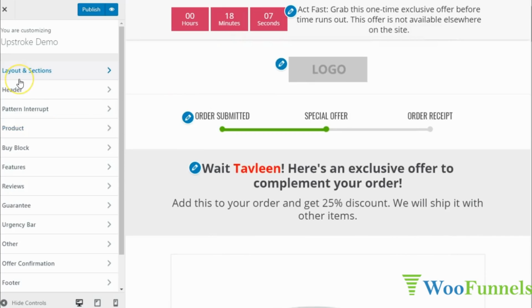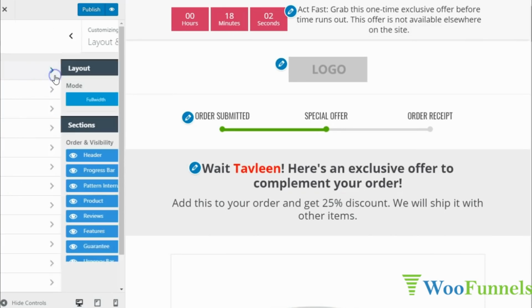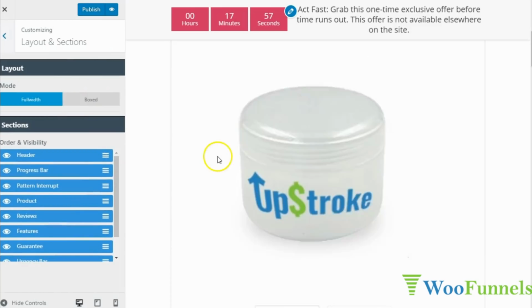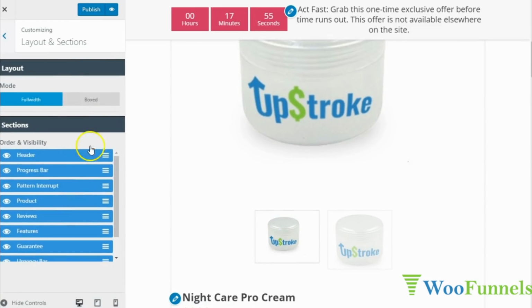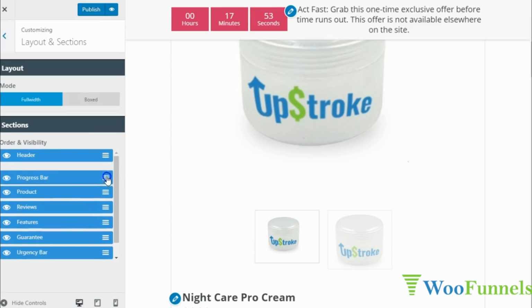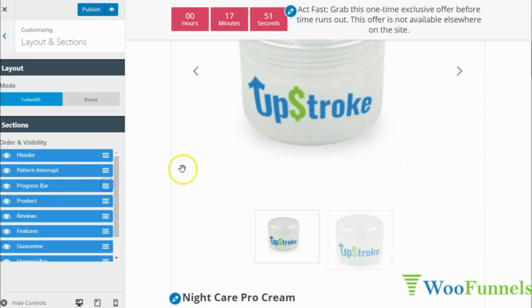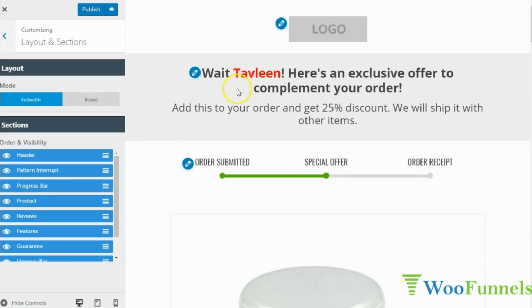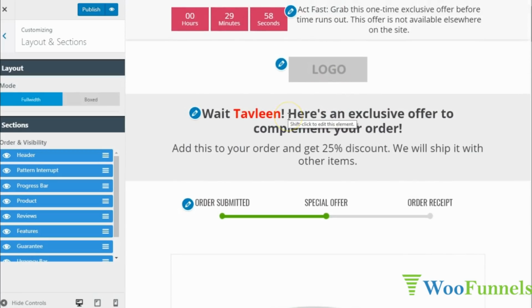What are your options? The first option you've got is layout and sections. These are all the sections that you have here and the layout, right? So you can actually drag and drop. Let's say you want the progress bar to go down below the pattern interrupt section, then that is what will happen. Now the pattern interrupt section is this section here, which actually interrupts their pattern because they are expecting the thank you page to appear after the checkout page, but they see this upsell offer page, which is why we want to